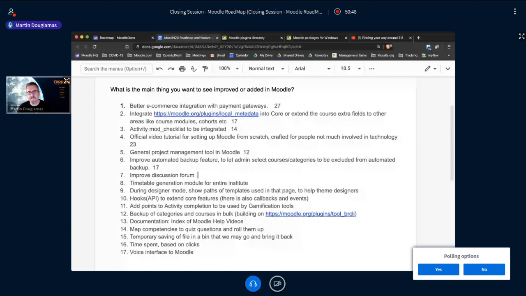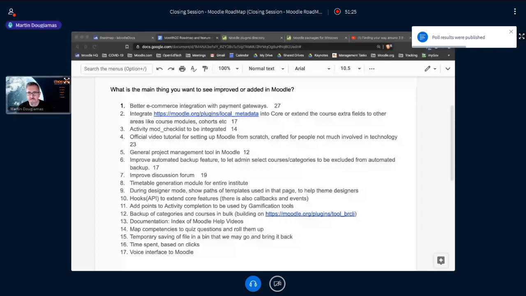Now, this would never fly on the tracker. But if you're unhappy with the discussion forum and you're using Moodle 3.8 already, which has discussion forum improvements, then you can vote for this. What the exact details are, I mean, this should have details, but anyway, it slipped through. I didn't fix it later, as I said I was going to. So we'll leave it in. There we go. 19.